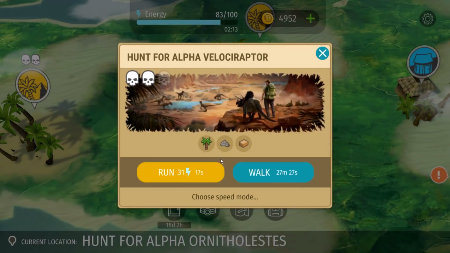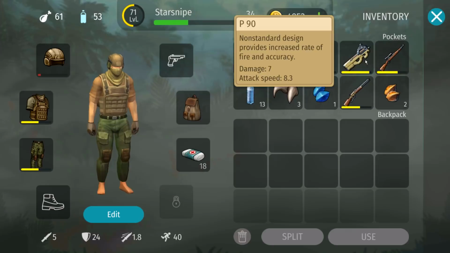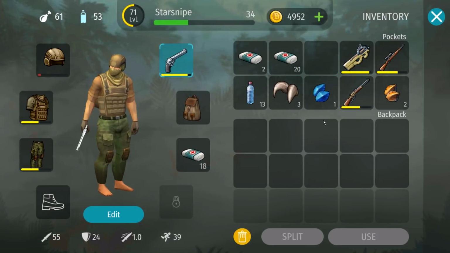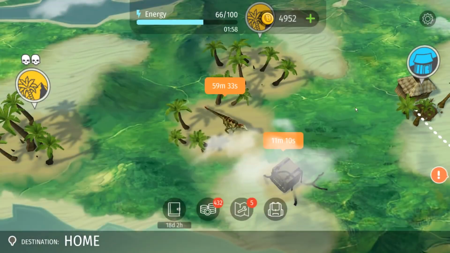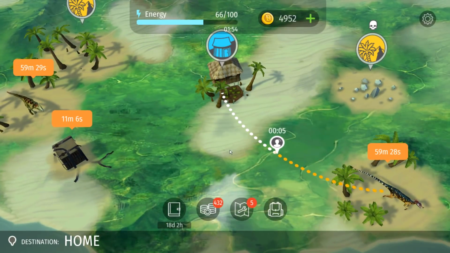The hunt for the ALPHA Velociraptor. Ooh, baby. This is what we've been gunning for. We got a magnum in our hands, and I don't know how tough these dudes are gonna be, y'all. I'm not gonna lie, I kind of want to stop by home and grab ourselves some reinforcements. It's kind of along the way, but also great to see that these are not mutually